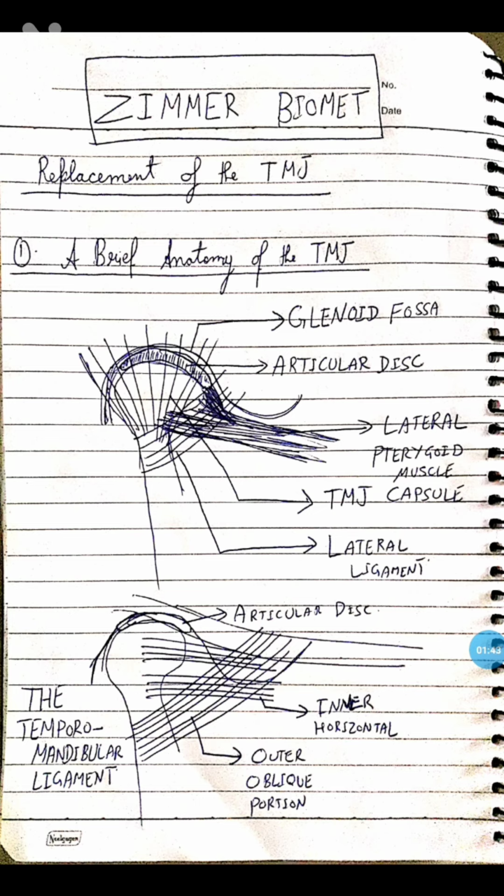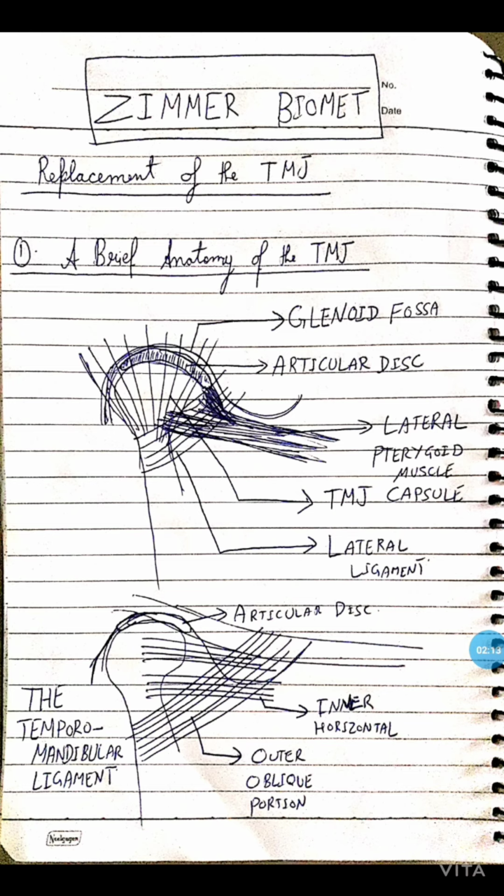One of the most common pathologies is the dislocation of the articular disc. That is, whenever the patient opens the mouth, the articular disc will slide over the head of the condyle and move ahead of it instead of moving along with it. Why is it essential for this articular disc to move along with it? The articular disc is sort of a padded protection between the bony structures of the condyle and the glenoid fossa. So, it's very essential that the articular disc moves along with the condylar head.